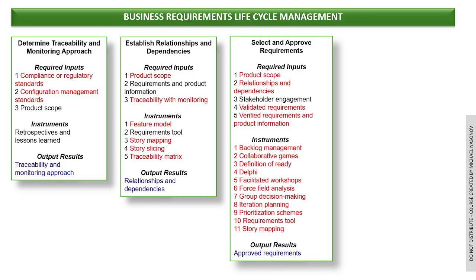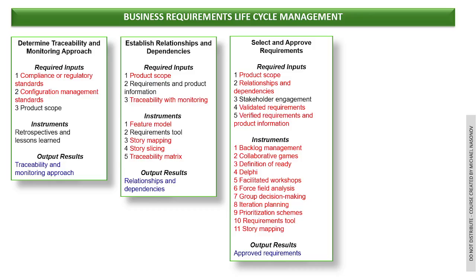Instruments, a lot: backlog management if you are working with agile sprints, Scrum if you are working as a Scrum, collaborative games, definition of ready, Delphi technique, facilitated workshops, force field analysis, group decision making, always apply group decision making,